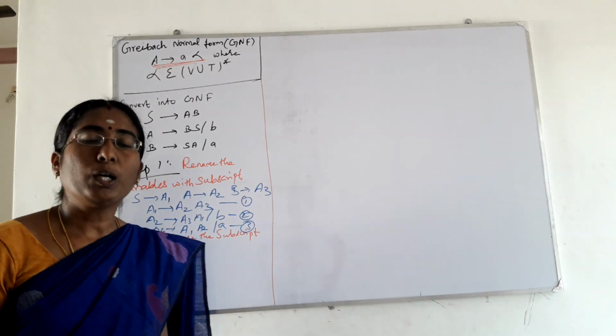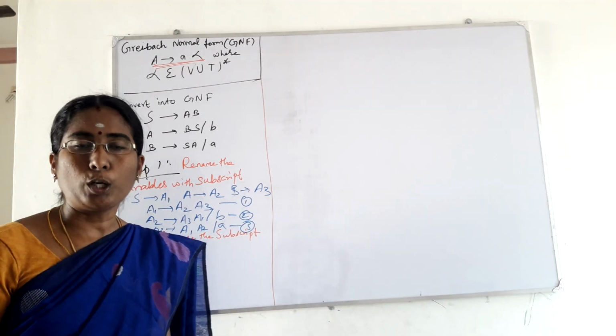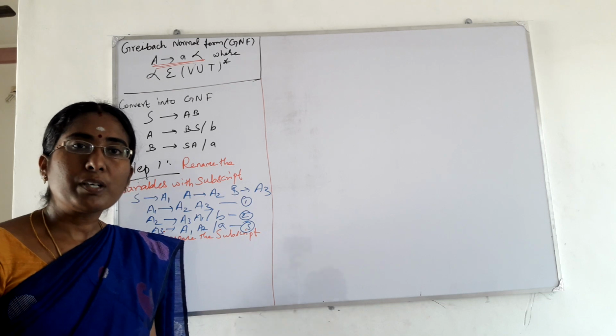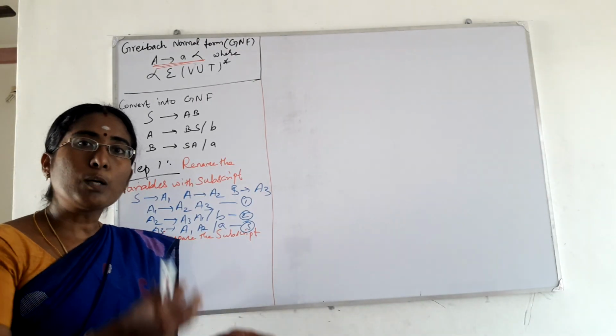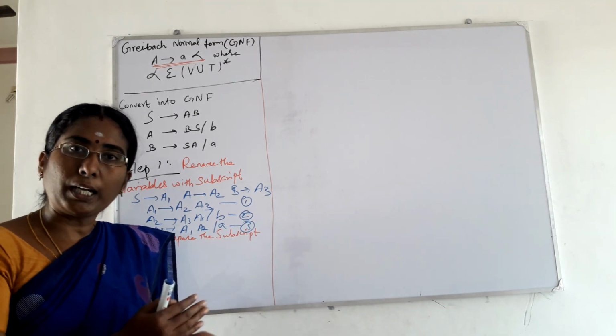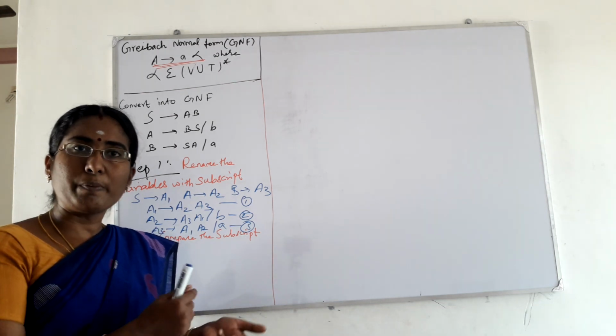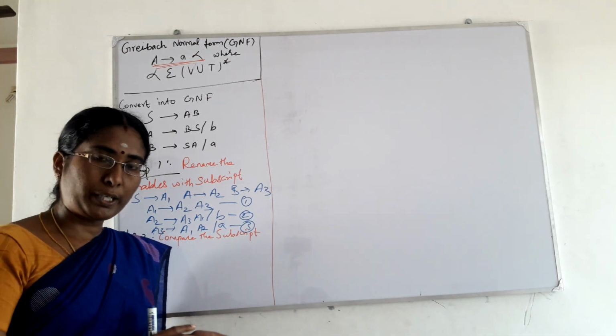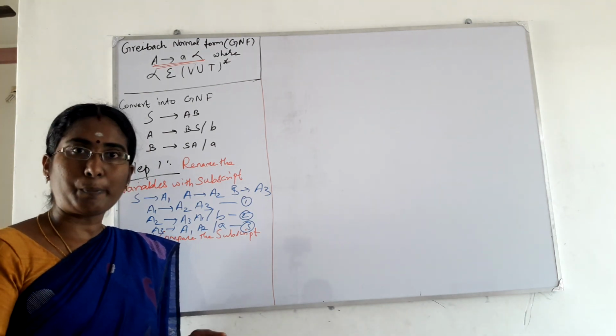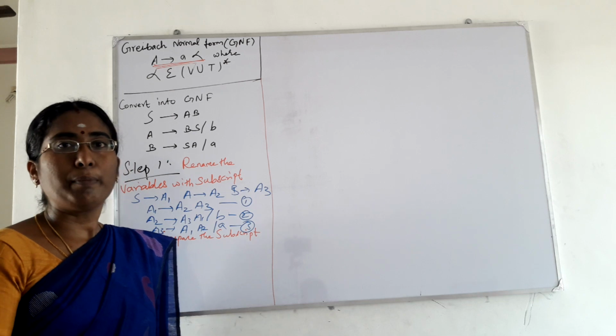Hello friends, now we will see about the Greibach normal form. Already in the previous video we discussed the Chomsky normal form. Before converting the grammar into Chomsky normal form, first we have to simplify the grammar. That is, we have to eliminate the epsilon production, unit production and useless production and then convert the grammar into